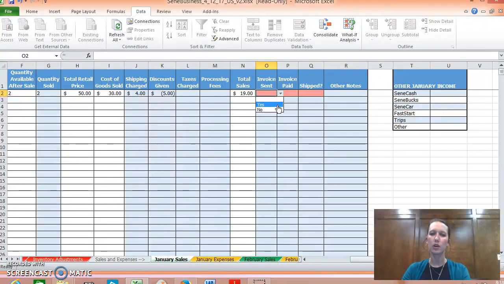So if I have sent her the invoice, I can say yes. If she's paid it, I can say yes. And maybe I haven't shipped it yet. So that would stay red, or I could put no. And maybe I'd put a note as to why I haven't shipped it yet. But it's just a way for you to track your orders and figure out where you are in the process